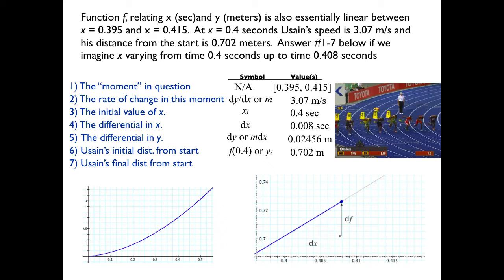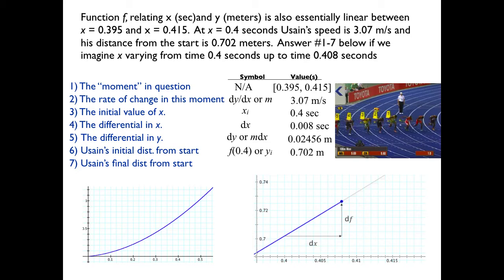But final distance from the start. Why final? How can we find that? Meaning not y final as in 100 meters he finished the race, but y final for this situation. Yeah, add the differential. So we had his initial distance from the start at the beginning of the moment. At this point in time, he's 0.702 meters from the start. As a small amount of time went on, he traveled this 0.02456 extra meters. So his new distance from the start is his old distance plus the amount he traveled during this small interval,